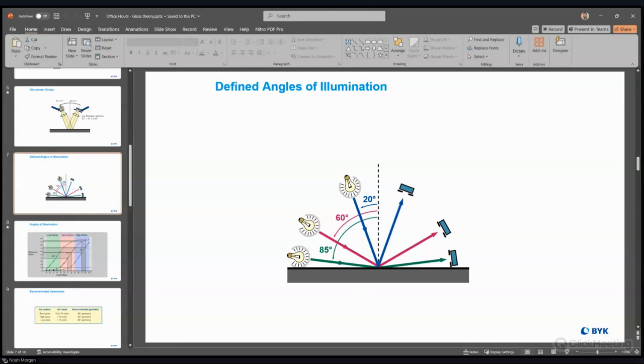Yep. Okay. So this is an example of the gloss measurement geometry. Here you have 20 degrees and 60 and 85. And what this is referring to is how the light's being sent towards the object and then where the detector is to pick up the reflection of that. It's two different things that you're looking at: one being how your eye's picking up whatever you're seeing, and this is just how the light's being sent and how it's being picked up by an observer.